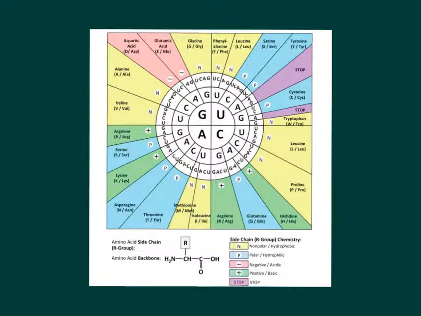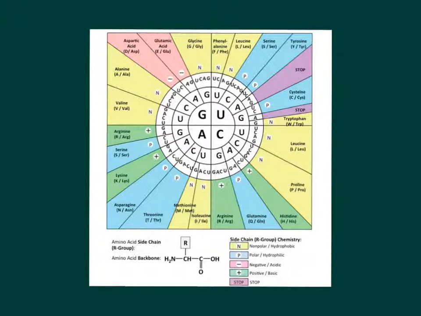The reason that this is important is because the chemistry of the R group influences the shape of the protein that gets made. Remember, polar things are going to avoid nonpolar things, and positive things are going to be attracted to negative things. So this being true, what that means is as our protein gets its three-dimensional structure, it's going to change based on what amino acids there are, because that influences how they fold, what chemicals or what